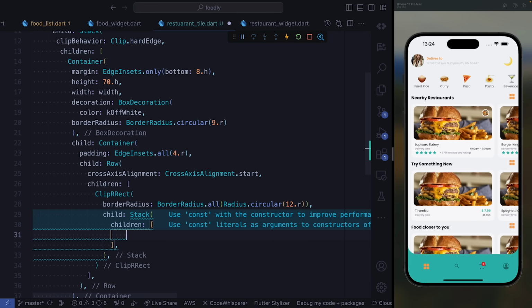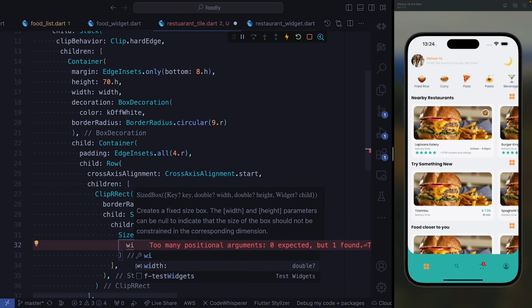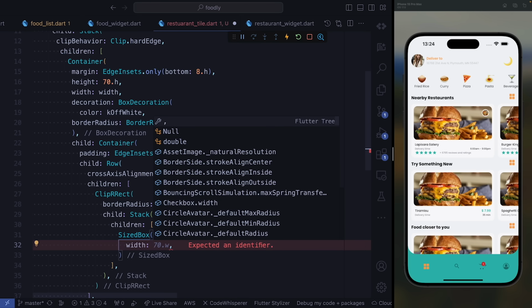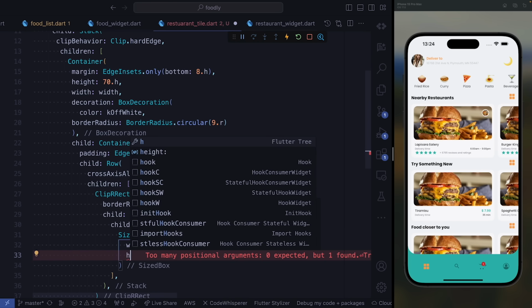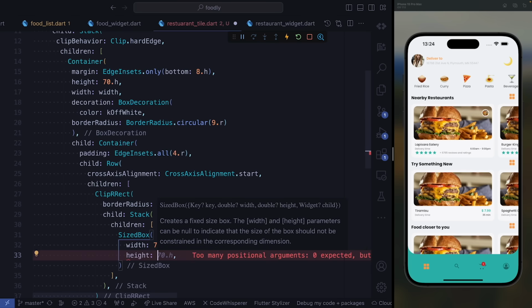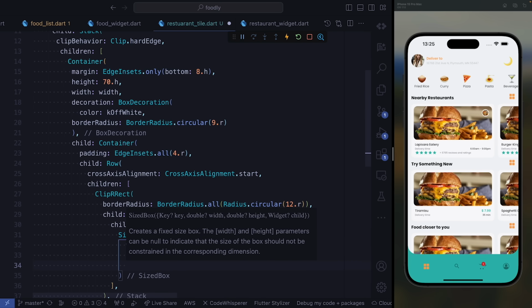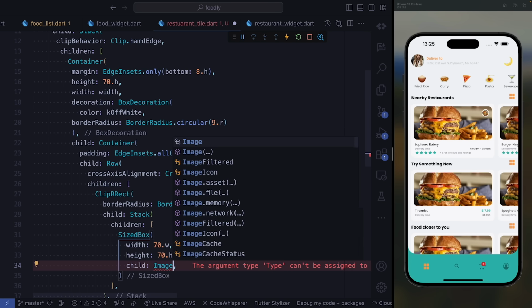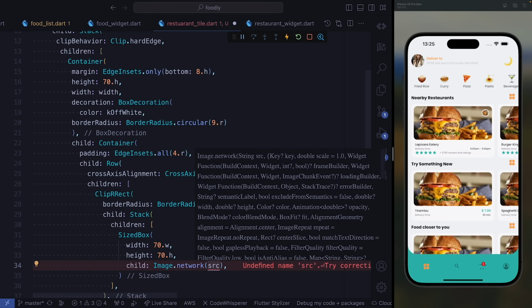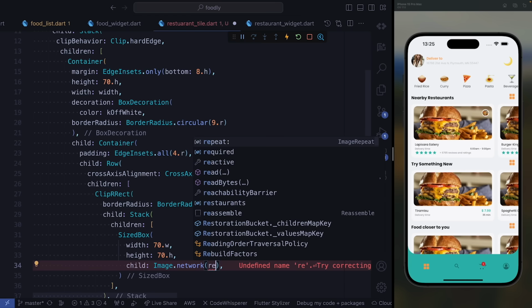In our second stack, we're going to have a SizedBox. Our SizedBox is going to have a width as well as a height. We're going to give it a width of 70, and we're going to give it a height of 70 as well, like that. Inside, we're going to have an image. Okay, so here we're going to have a network image. We're going to use Image.network, and we have to provide the source. Our source is going to be